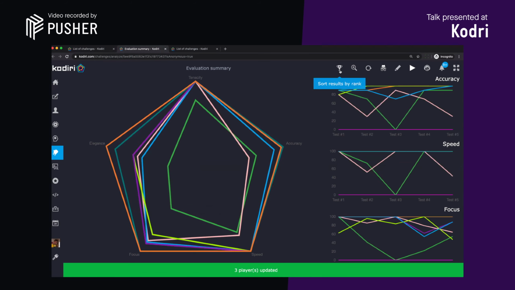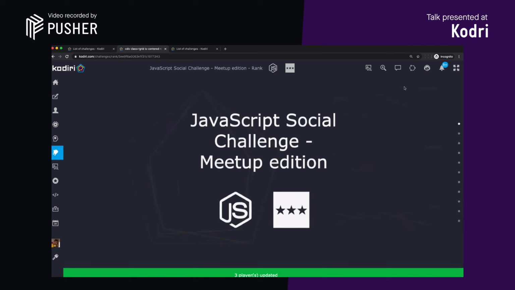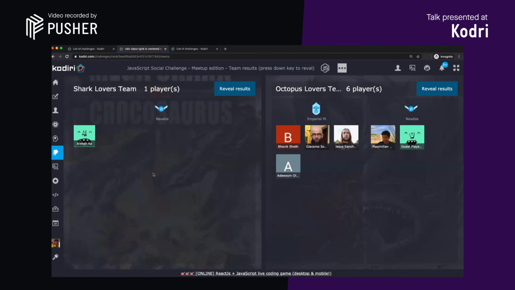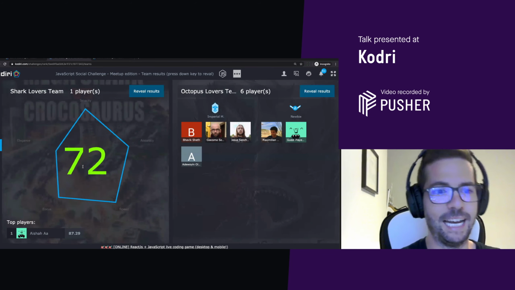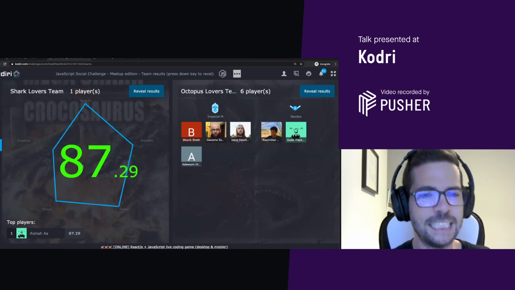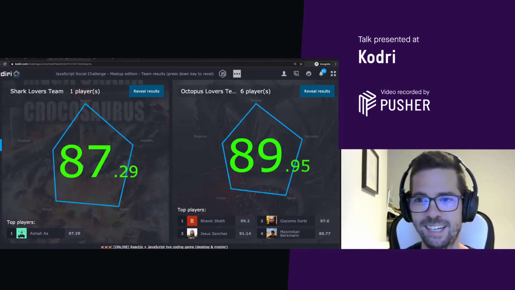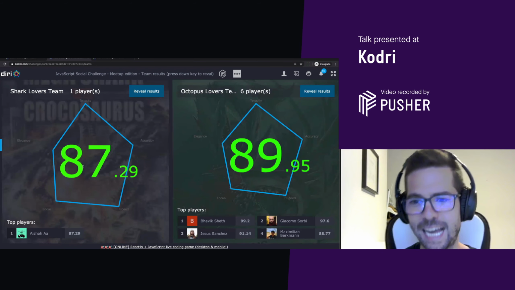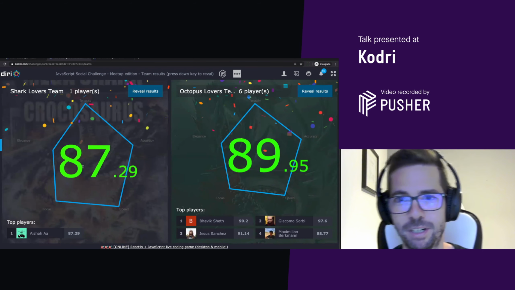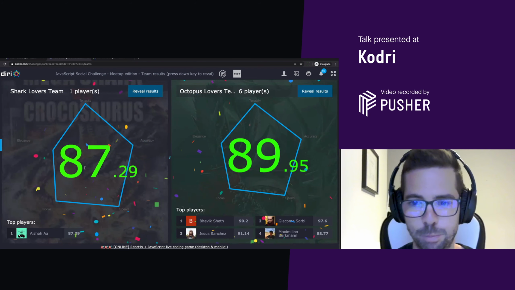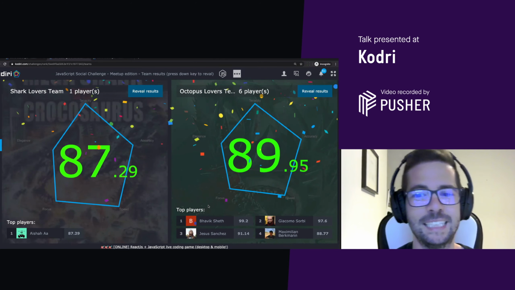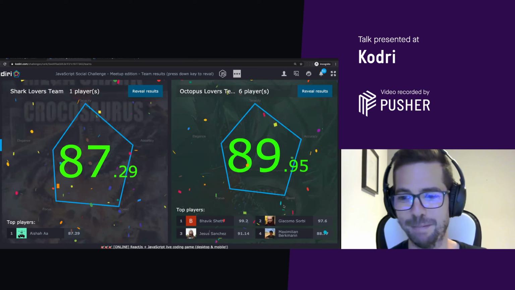So what we got today here, let's have a look. So team results. Oh, look, many developers choose the Octopus team. Don't ask me why. So on the left-hand side, we got Aisha getting 87 points. That's quite good, actually. And then, oh, look at that. So 89 points for Team Octopus, right? You see, there is a classic battle between Babik and Giacomo to get the victory in these sessions, right?